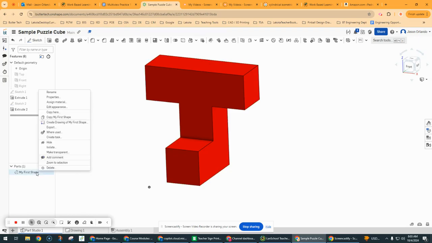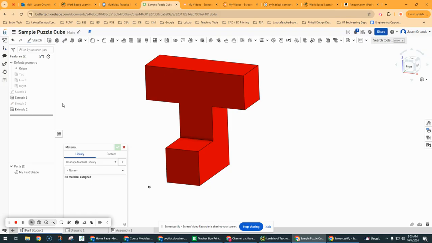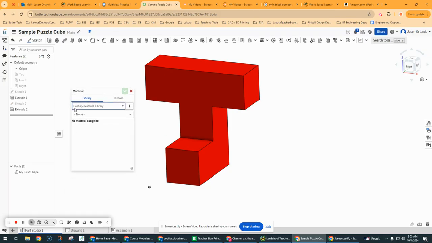What else can you do? You can right click and assign it a material. Right now it's just a generic material, and there is an Onshape material library that's already selected. You can click this drop down and pick a material like stainless steel right there. You can scroll down a little bit. ABS is a type of plastic that gets used commonly. I don't know if it has PLA. PLA is the plastic that we use. I should know the name of PLA, but anyway, we go ABS